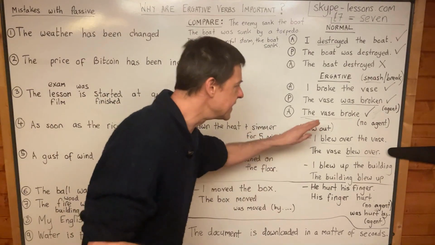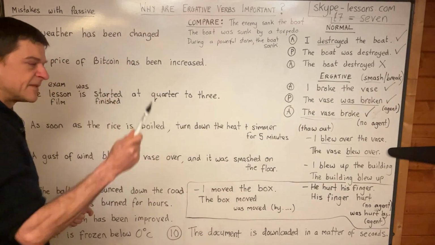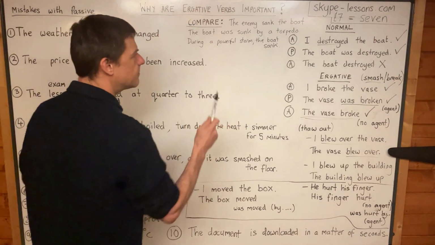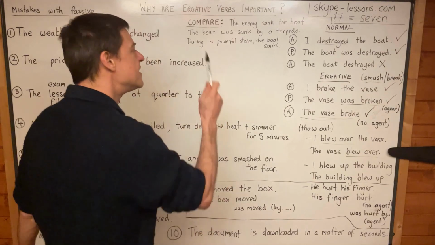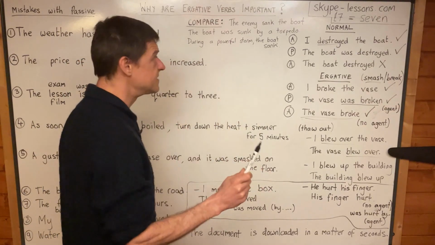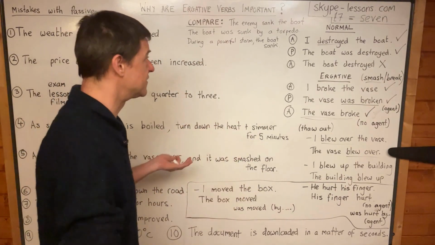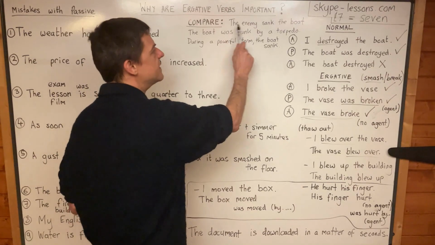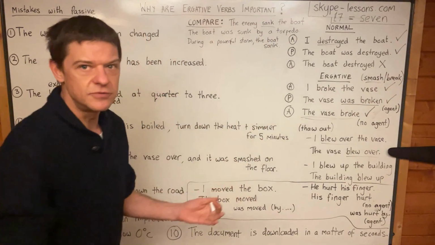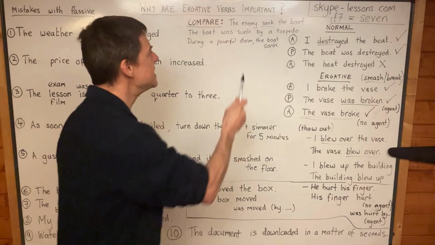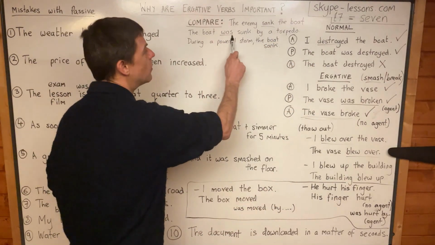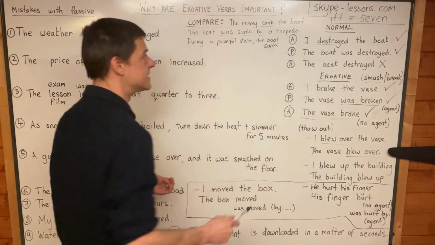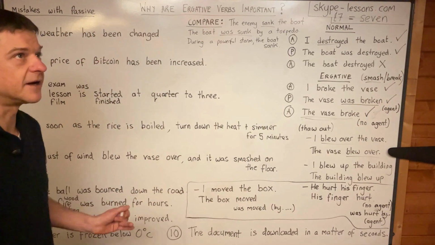Okay, so you can see that this is important. And I'm going to show you a few more examples so that I hope this information really starts to sink in. Sink is an ergative verb, yeah, what a boat does when it's destroyed. But you can say the enemy sank the boat, yeah, with a torpedo. The enemy sank the boat. You can also say the boat was sunk by a torpedo. The boat was sunk by a torpedo. But